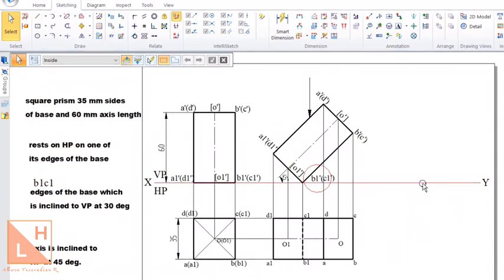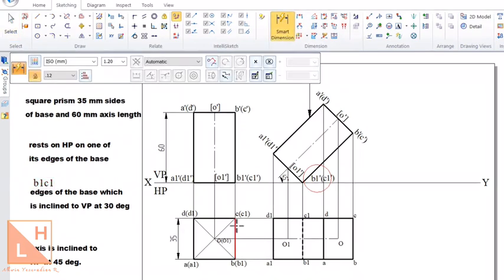It is the same thing we used to do in projection of planes. Before going to the third position, it is important to check whether there exists a beta angle or not. To identify that, you need to check the length of that particular element with respect to what the angle is given with respect to. Here the angle is given as 30 degree to VP, and what is inclined at 30 degree to VP is the edge of the base on which the solid is resting. That edge is B1 C1, as we have identified from the drawing, the one that touches the XY line.